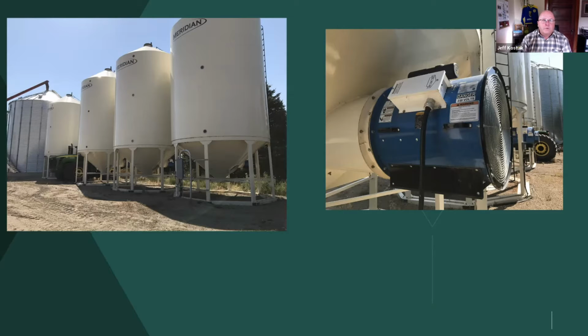If we put hemp grain in the silos or bins at anything above 16%, we'll throw that fan on for a day. We'll completely remove all the grain out of that bin and then move it over to the next one. And the reason being that